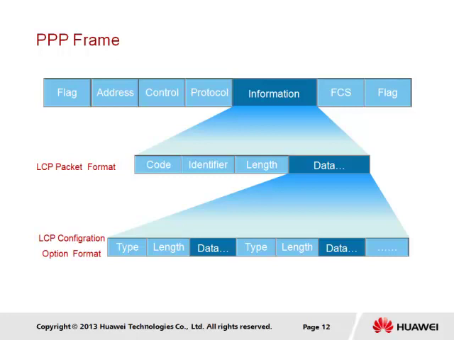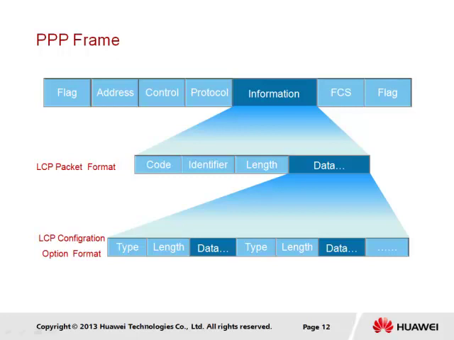It will also be used to identify the packets of the different NCPs, such as IPCP, and even LCP associated protocols, such as those used for authentication. We demonstrate here an example of the type of packet that is carried as part of the information field header. In this instance, we use the LCP packet, since it is a central component of PPP, and is identified in the protocol header by the hexadecimal value of C021.